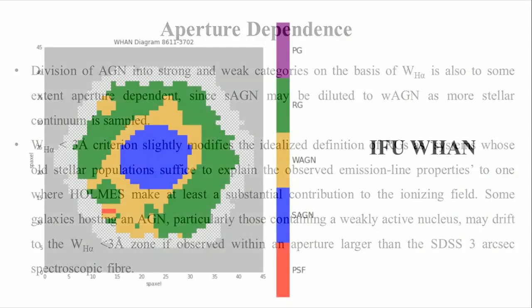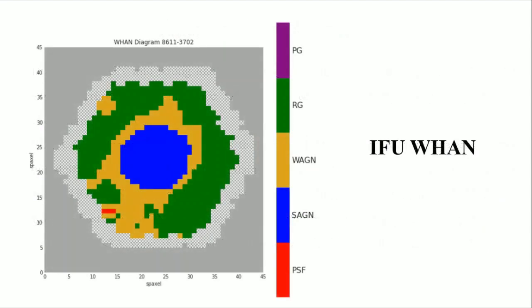So I think that basically covers what the Venn diagram is and the physical reasoning behind how we chose the different values for putting them into different classes, how putting them into different classes helps us, and what different physical processes are captured in different classes. And this is the IFU Venn diagram that you must have plotted in your modules, and you see that it's different from the Venn diagram that we discussed in the presentation.